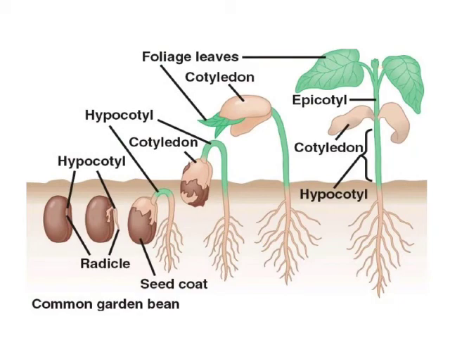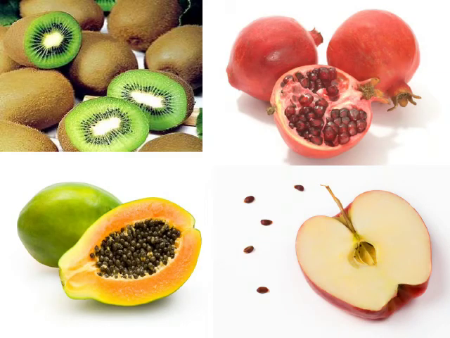And that is how the process of germination occurs and a new plant is formed. Let's go on to the next slide. Now this slide is just to show you how the ovary develops into fruit. That is what we actually eat. So these are a few examples where we find that the ovary has converted into the fruit that we eat, and the ovules have been converted into seeds after fertilization. So these seeds are present inside the fruit, and when these seeds get appropriate conditions for germination, they give rise to a new plant. So these are some examples.